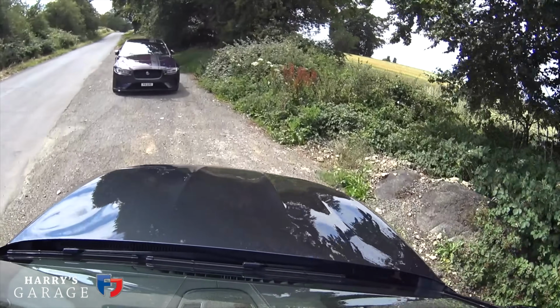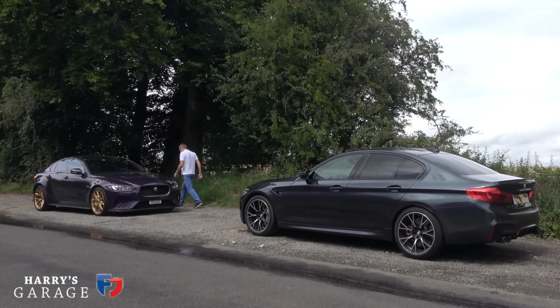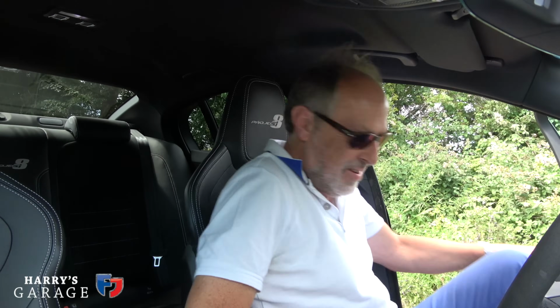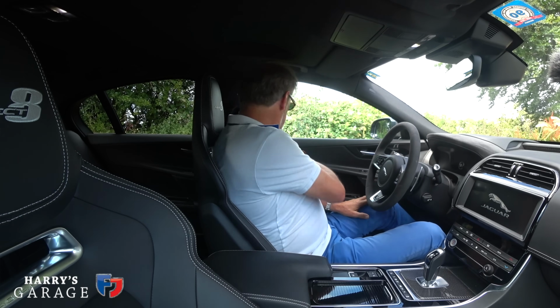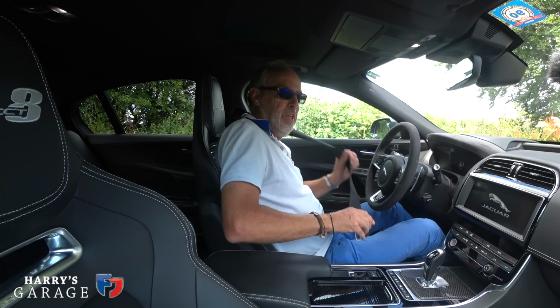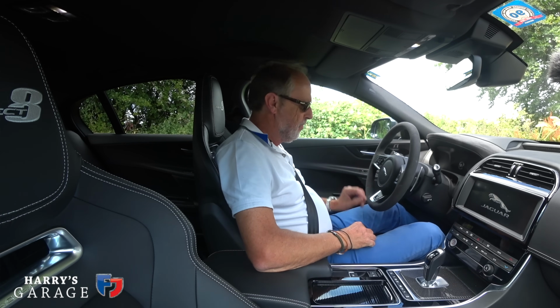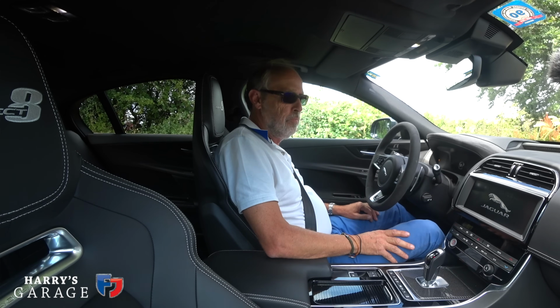What I'm going to do now, turn around and go and meet up with the Project 8 and see how that fares on the same bit of road. Well, it couldn't be more different is your first impression when you get in here. It feels sort of bare compared to the M5. There are all the buttons and the sort of posh leather and things. But special vehicle operations staring at me at the dash, Jaguar there,